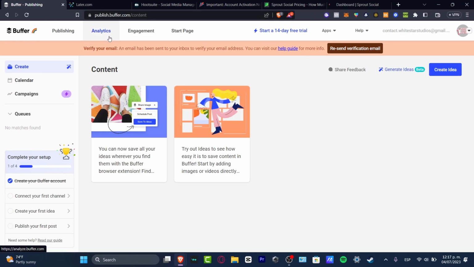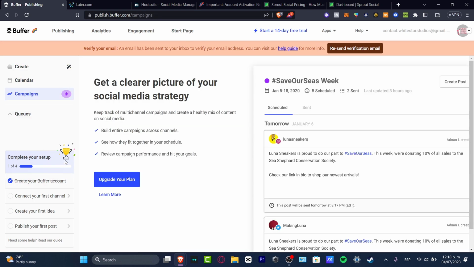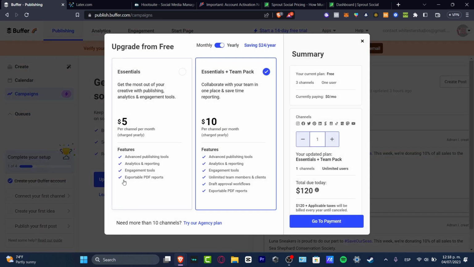Check this out. Here in Buffer, we have publishing, analytics, engagement, and start page. We have create content, calendar, campaigns, queues, and here is the setup we can get started with in our actual account. We have here the start of the 14-day free trial, but remember that we have the free version of Buffer. But if you want to upgrade your plan to see what other elements